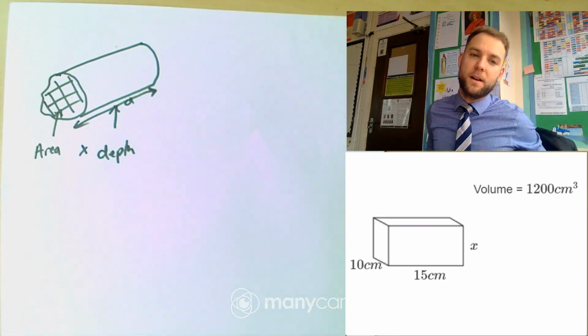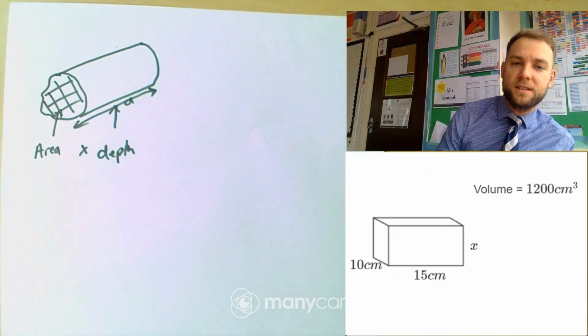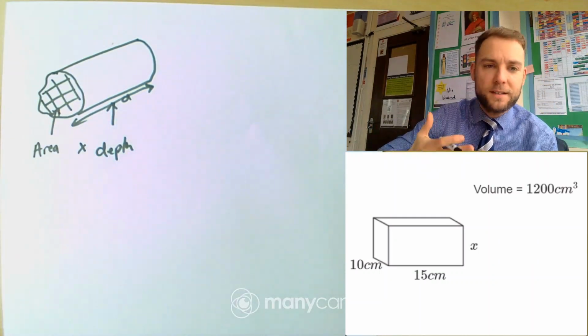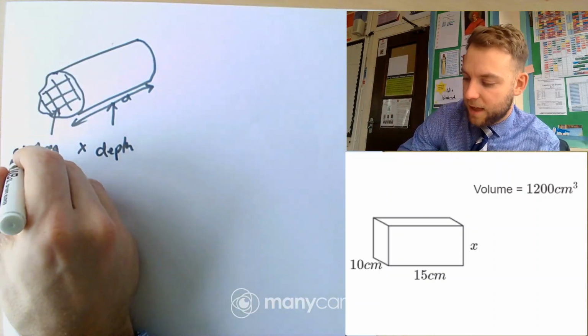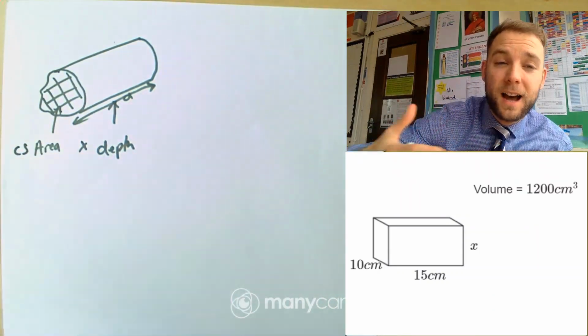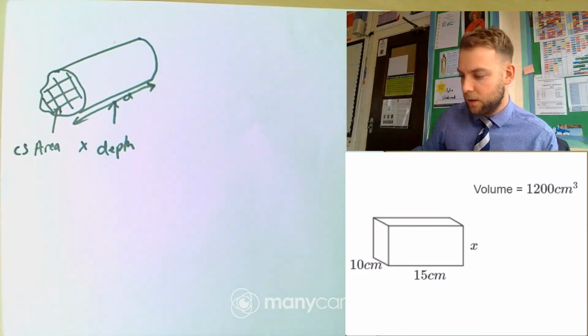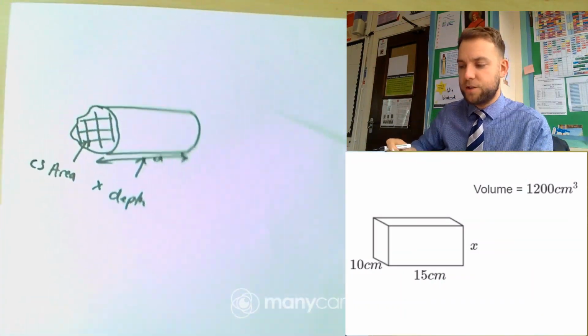It's also worth thinking about that the units on this are centimetres cubed, but the volume of any prism is the cross-sectional area times by the depth, and the cross-section is the part where you cut all the way through. So if we're thinking about this question here,